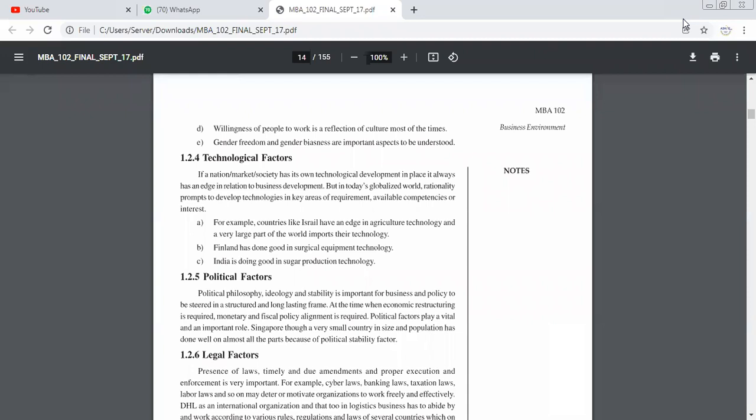But we should not forget that some of the states in our country are not in a good position to produce some kinds of products just because their landscape is different as compared to other states, right? So these all are the technological factors. Now in some countries you can find lots of availability of natural resources. Okay, take an example of South Africa. South Africa is much more familiar for its diamonds, right?